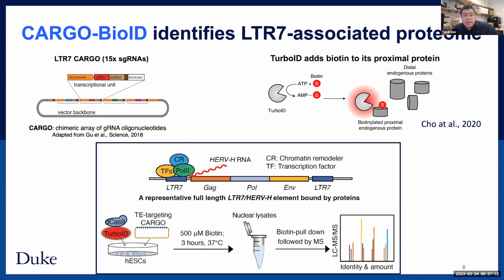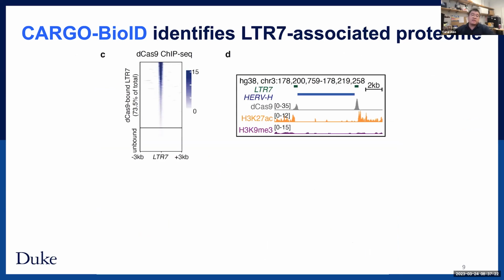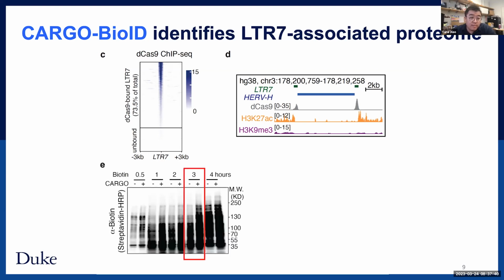In doing so, we're hoping to identify the proteins that are spatially proximal to dCas9-TurboID, which binds to the LTR7 DNA sequences. Tongyu first validated the targeting efficiency of the cargo construct, and he did a dCas9 ChIP-seq experiment, and we found that the cargo construct can efficiently target dCas9 to over 73% of LTR7 sequences across the entire genome. Tongyu also optimized the biotinylation condition, and we found that with 3 hours biotin treatment, we